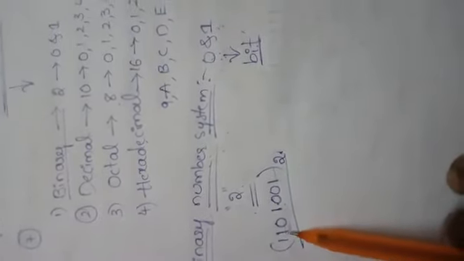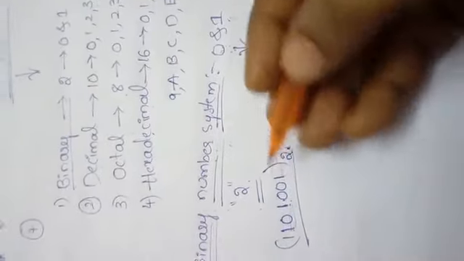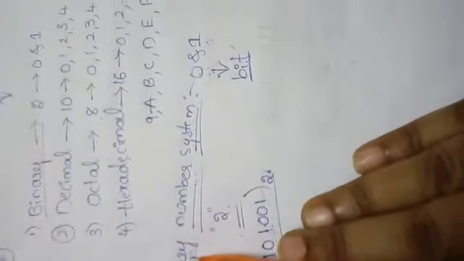In the bracket we are representing one number. That number will be shown only with the digits 0 or 1. Other than 0 or 1 we cannot represent, and that is not a binary number. Otherwise, the digits may be 2, 3, 4 and so on, and that may be a decimal number, an octal number, or a hexadecimal number. If you have data in the form of only zeros and ones, it is compulsorily a binary number.